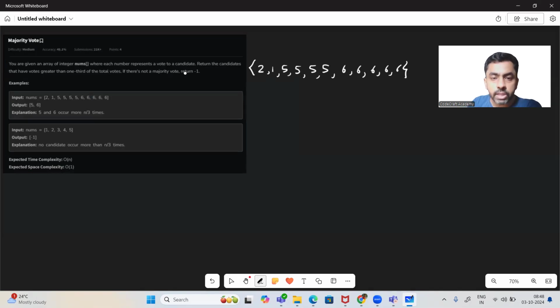What the problem is saying is this: each element represents a vote to a candidate. Now, 2 is a candidate, 1 is a candidate, 5 is a candidate. So it represents that this particular vote was given to this particular candidate. We want to return all such candidates whose frequency is greater than 1/3 of the